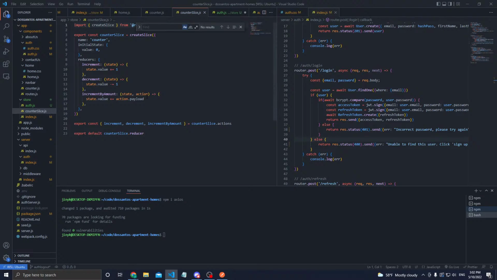Let's equal action.payload. So that's going to be whatever information is sent over. So it looks like action.payload is going to be